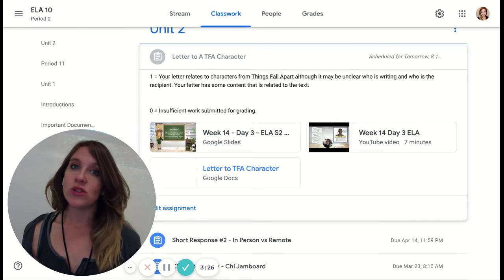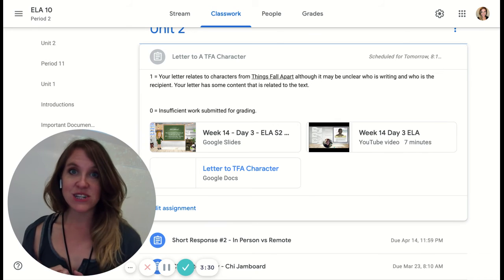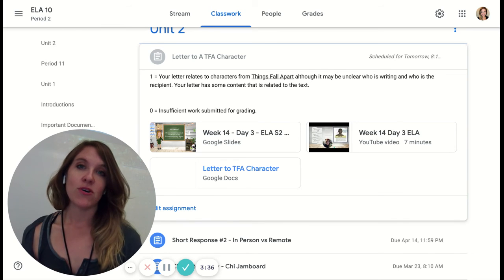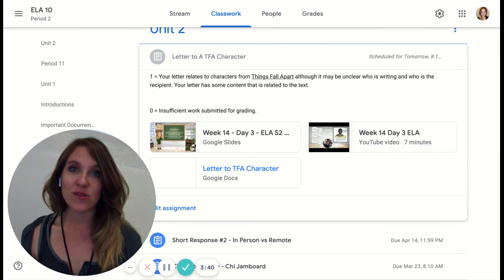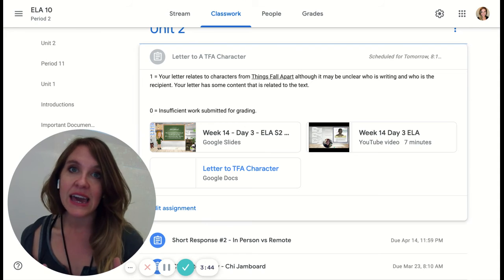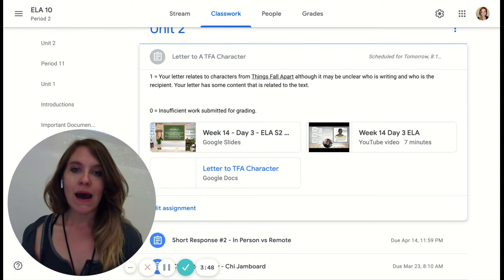Like I said, this is the only assignment for Thursday and Friday. So I'm assigning it to you today, Thursday, April 22nd. It's going to be due end of day Friday, April 23rd by midnight. So manage your time however you like. You can work on it today and tomorrow. You can finish the whole thing today. You could blow it off today, finish the whole thing tomorrow.